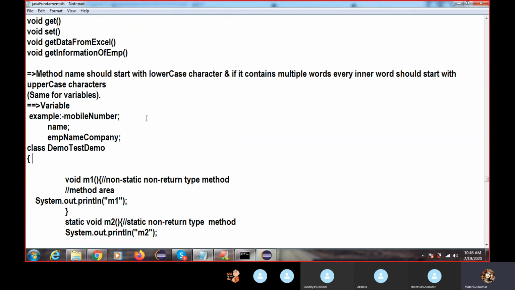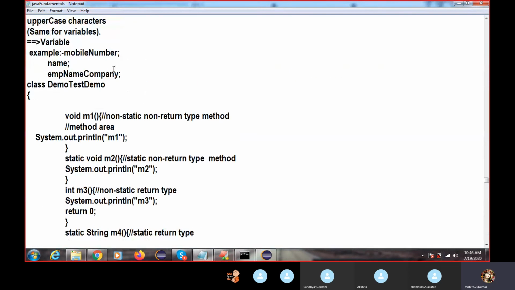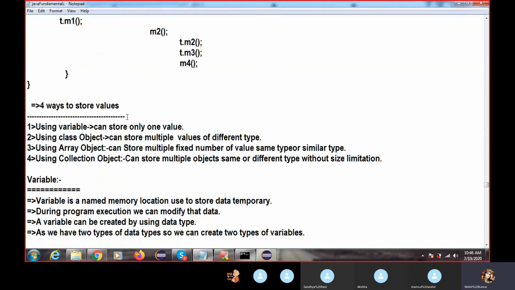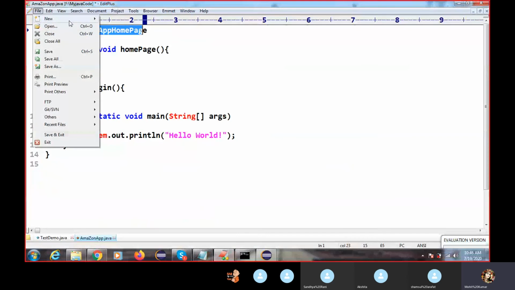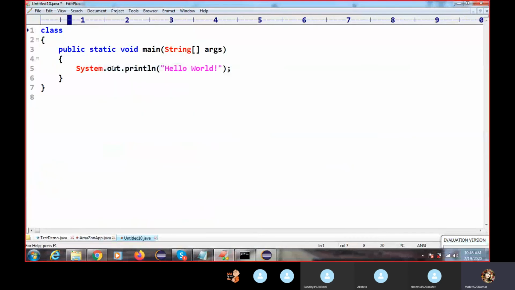So this was the topic: how to follow this coding standard. Got it, right? Variables we have done. Now we have another topic called members. We have static members and non-static members, right? Why do we use a static member?